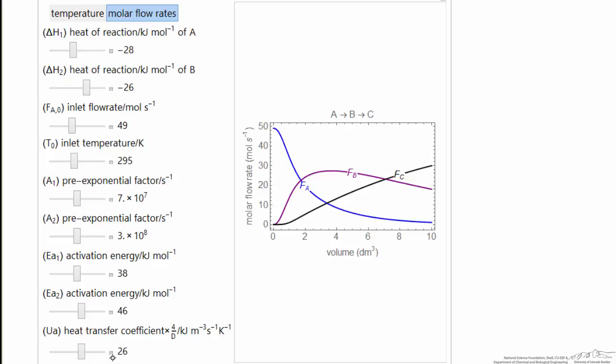So the idea is you can look at the effect of each of these parameters, and changing these parameters will change the behavior of the system, get a better idea of how good a model is, because if slight changes in a parameter causes rather dramatic changes in the system behavior, you have to be very careful as to how well the model is going to model the real system.